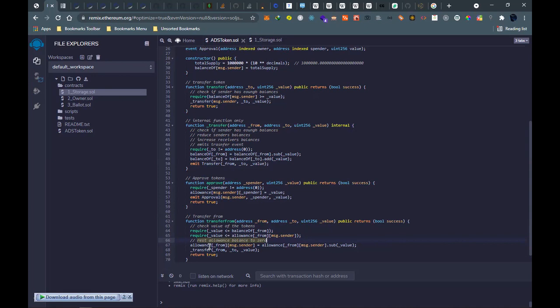The same thing for allowance. It sets the allowance to 0, so it subtracts the value so that it can reset to 0, so that you don't have a continuous loop.